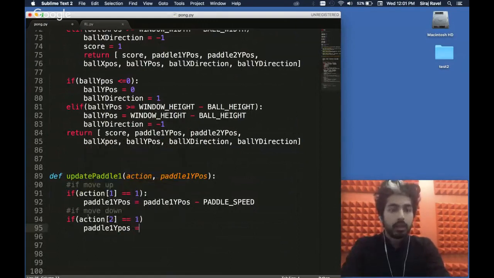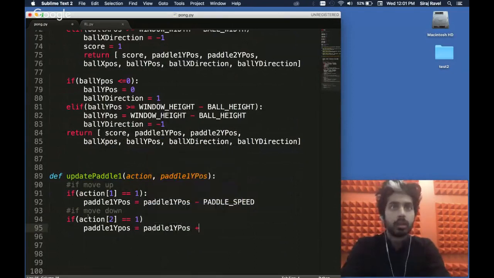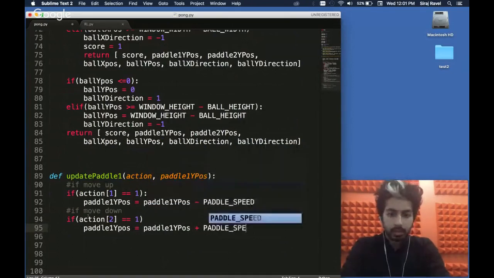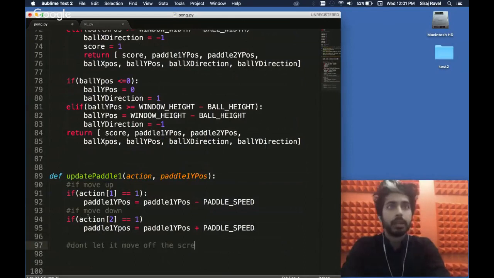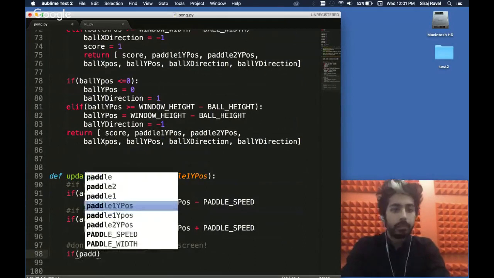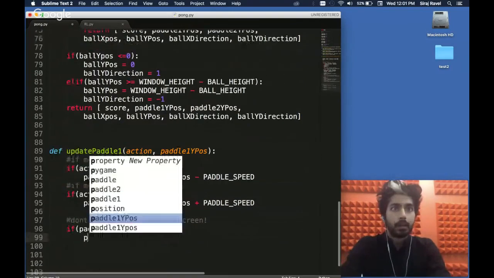Paddle 1 Y position plus paddle speed. Don't let it move off the screen. If the paddle tries to go above where we want it to go, less than 0, then we're going to update that.